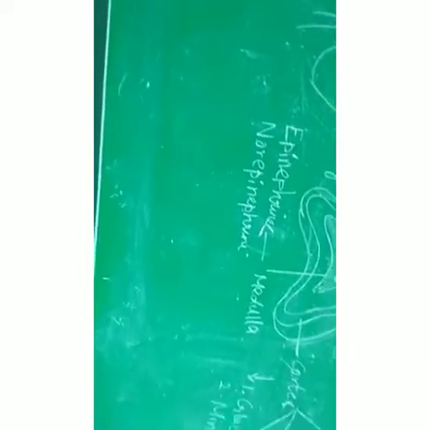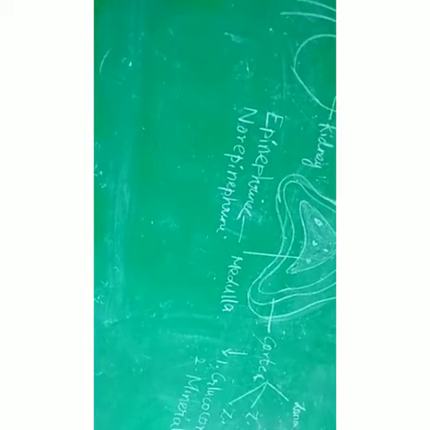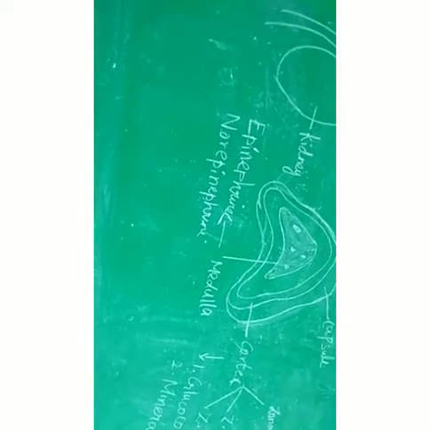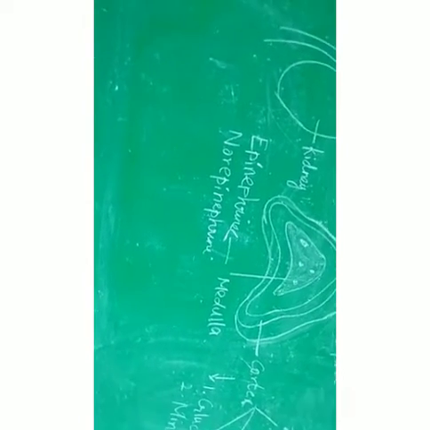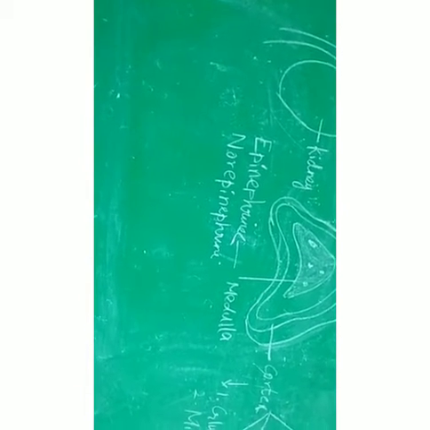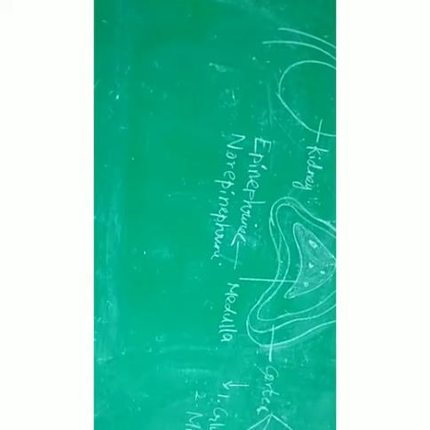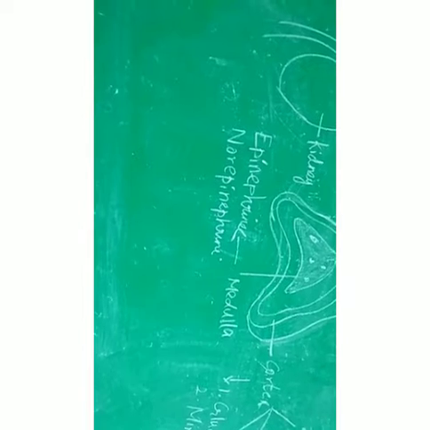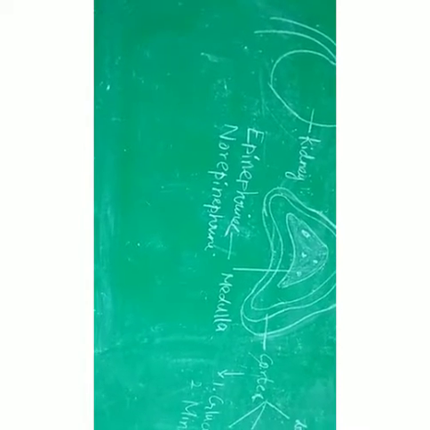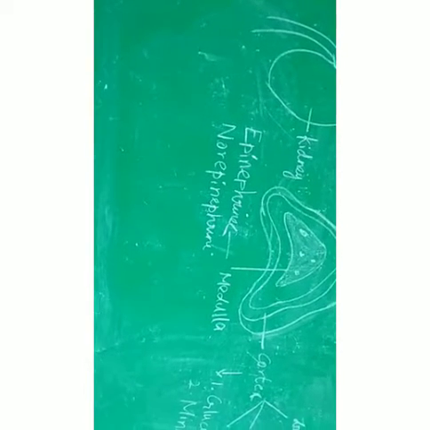The medulla region has particular cells called chromaffin cells. It is richly supplied with sympathetic and parasympathetic nerves. It produces two types of hormones, epinephrine and norepinephrine. Epinephrine is otherwise called adrenaline, and norepinephrine is otherwise called noradrenaline. Together these are called emergency hormones. The master gland is the pituitary gland, and the emergency hormones come from our adrenal gland: epinephrine and norepinephrine.